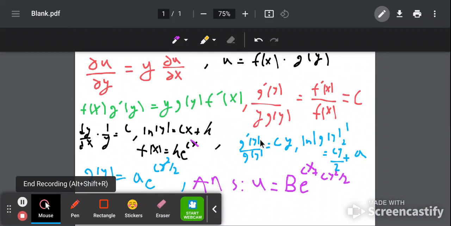If we multiply the answer we found for f of x times g of y, the k times alpha becomes another constant. I'm just going to call it beta in this case. When we multiply two powers of e, we can add the exponents by the property of powers. So all in all, it becomes beta times e to the power of cx plus cy squared over 2. And you can actually check it by taking